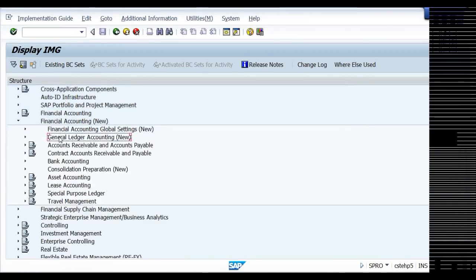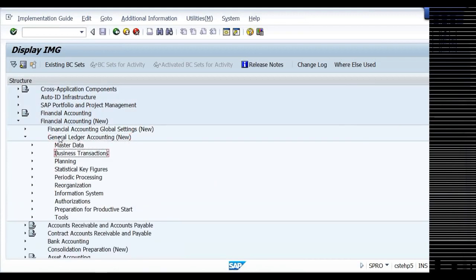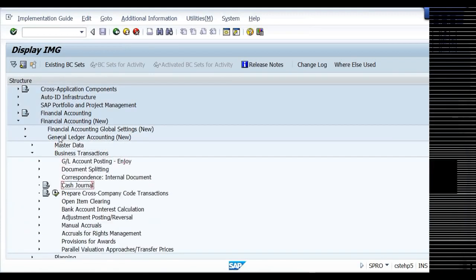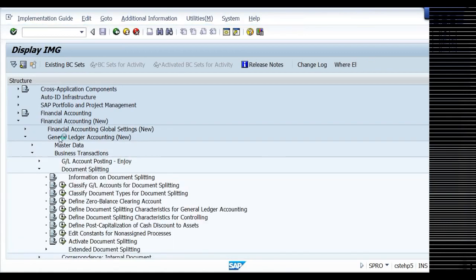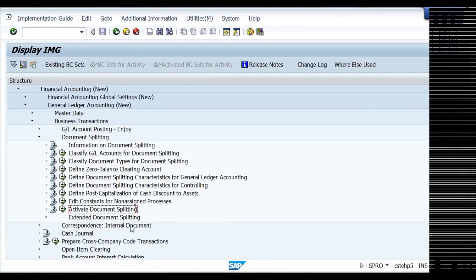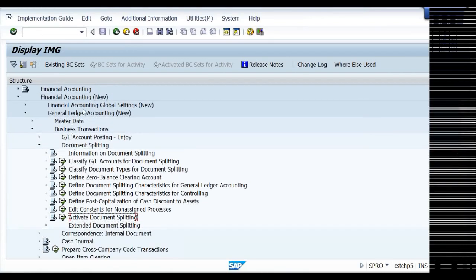Go to financial accounting new, general ledger accounting new, business transactions, document splitting. Because by default in the new GL, document splitting is activated, that we need to deactivate. Note down the path. All of you note it because you may get the same problem.